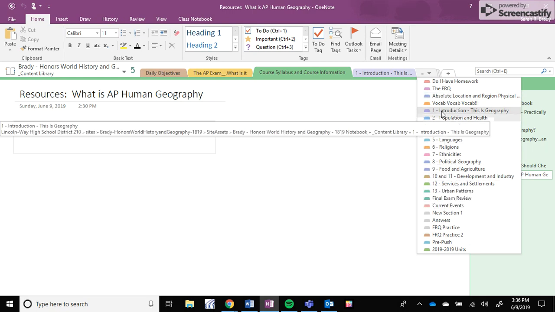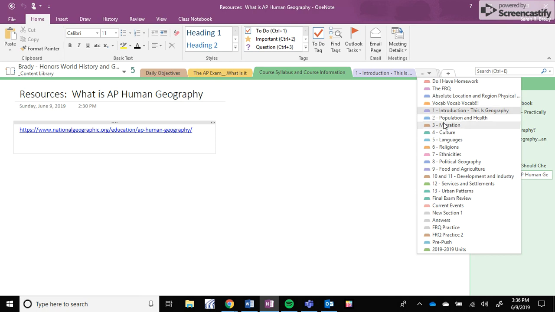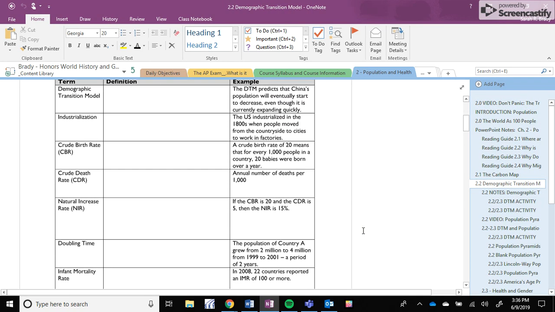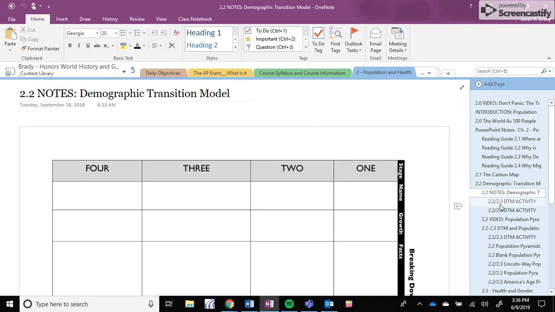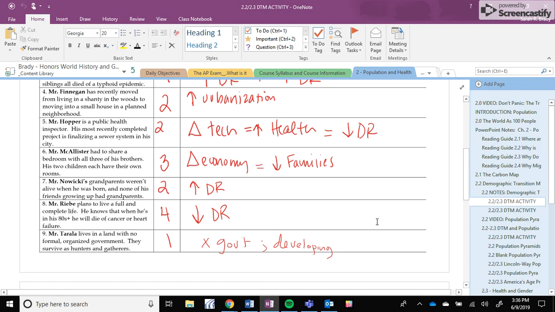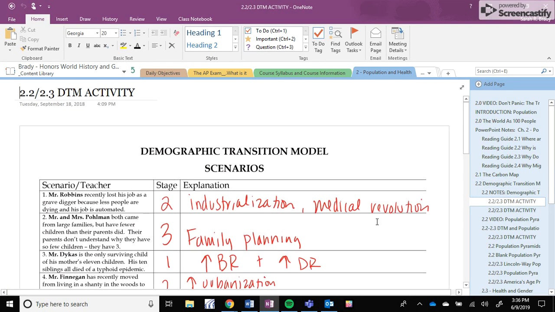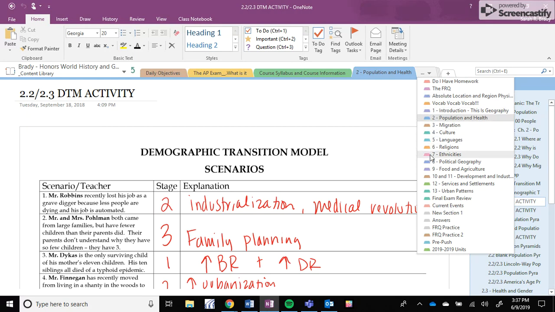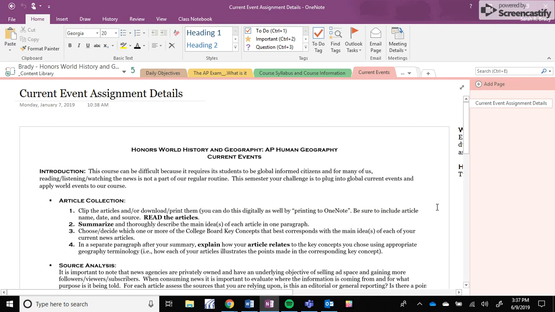So this is my notebook from last year. So everything's filled up and we've been using them throughout the year. So there's writing on some of the different activities that are in here. They're not all clean copies because they're things that we did while in class. But along the top tab here, you'll have all of your different options. If you don't see what you want, you just hit that drop down arrow and it'll take you to whatever